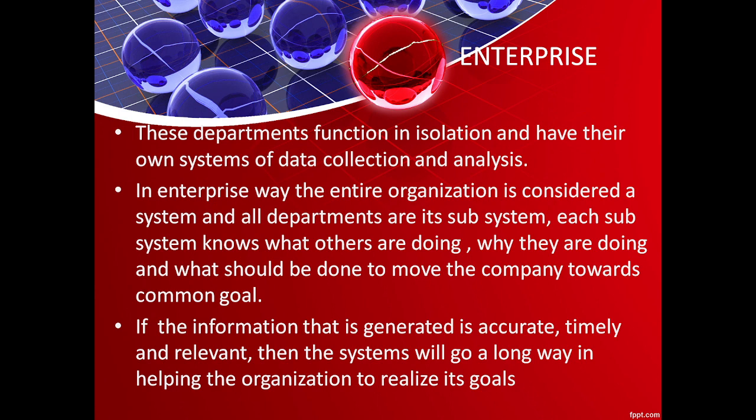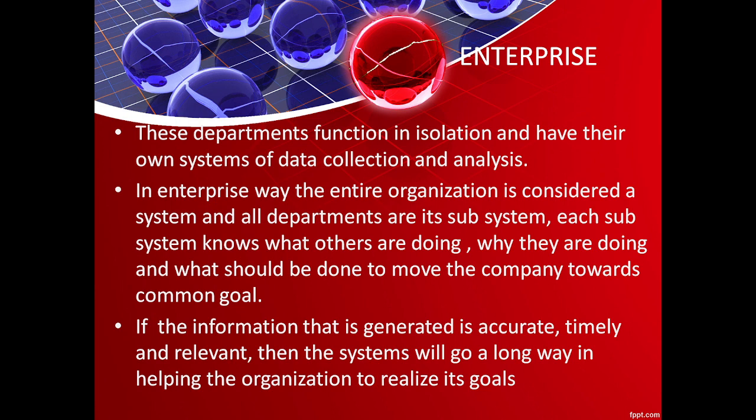The entire organization is considered as a system and departments are considered as subsystems. Whenever we use this nomenclature enterprise, we have to understand that the organization becomes the big system under which there are certain subsystems known as departments, and what each is doing has to be